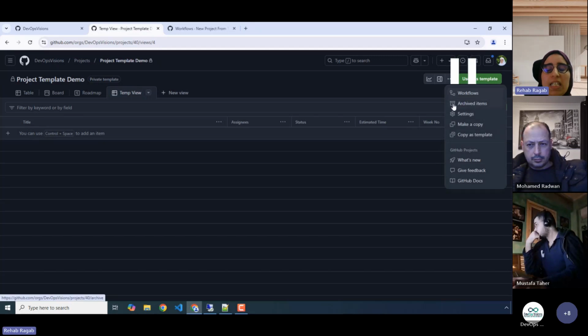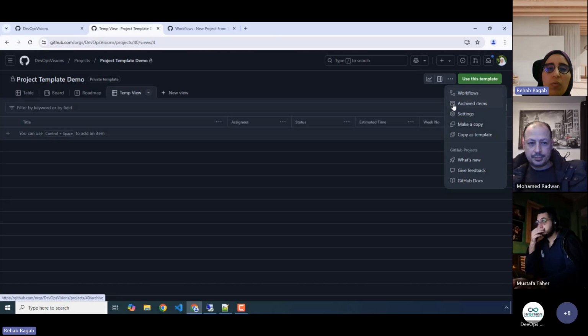So here, this is how we add some customization to our project template and create some projects from this template. But what if, after creating some project from the project template, we add another customization to the template?